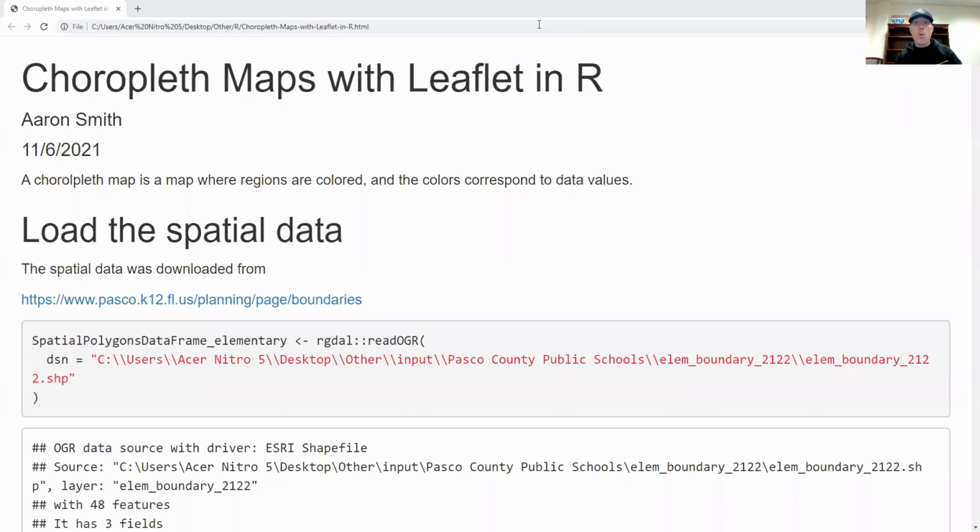Hi, in this video, we want to take a look at creating Choropleth maps with Leaflet in R. Leaflet is a really common, really powerful way to make maps using data. What we want to do is grab that Leaflet framework and pull it into R, but wait, there's more,